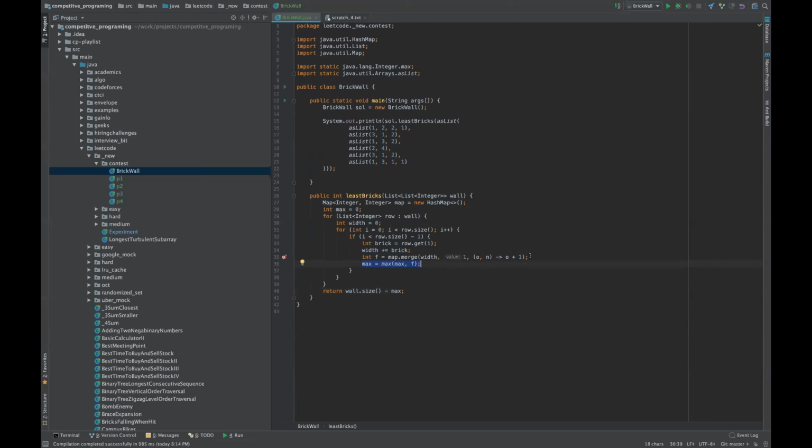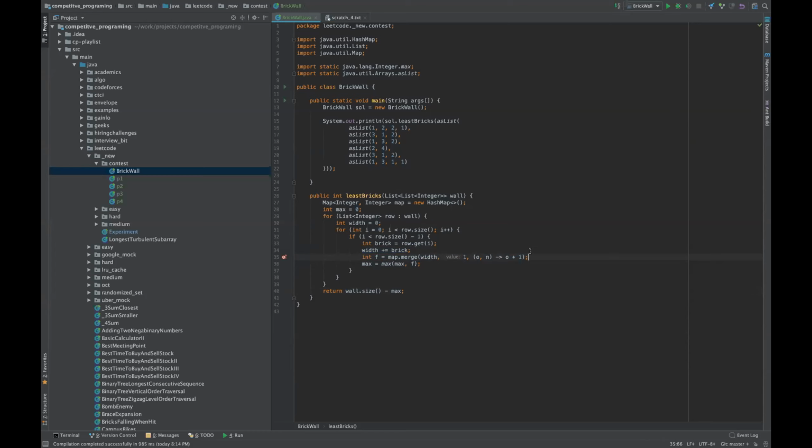Yeah, looks good. It's an optimized version. Actually, you did the map merge on the fly. You're calculating this, as well as finding the max in the same loop. Yeah, that's good. Can you explain what the map merge is doing again?